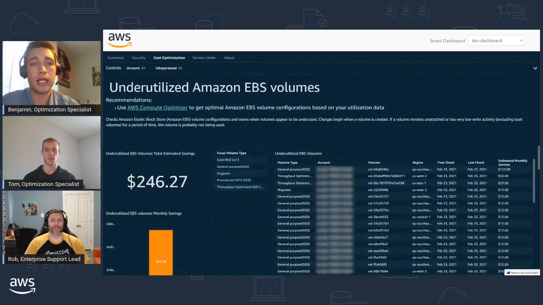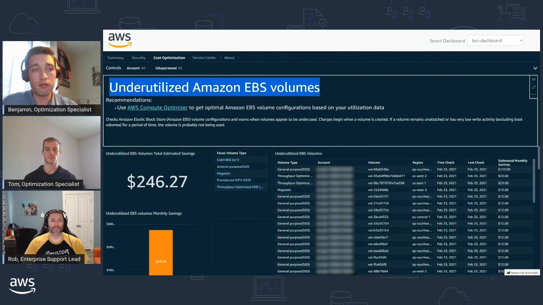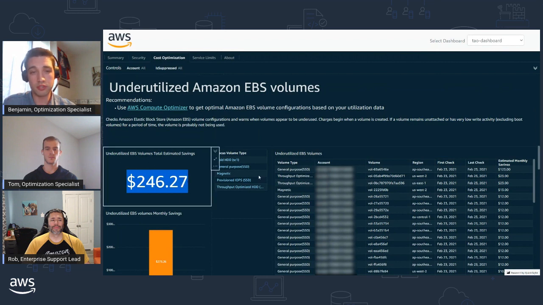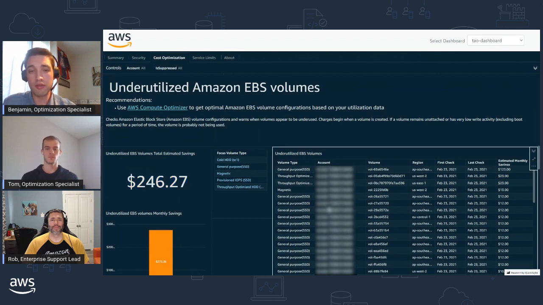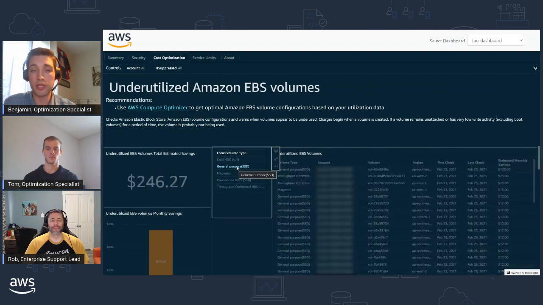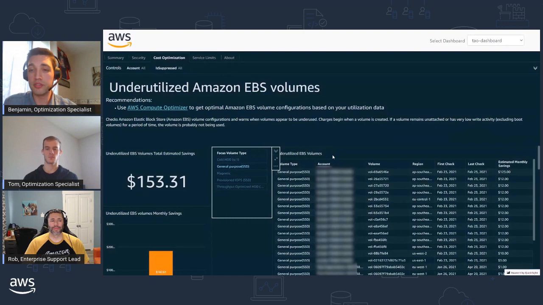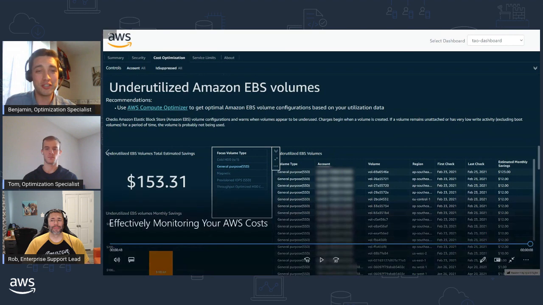Now let's select underutilized Amazon EBS volumes. First of all, it will let you know what underutilized Amazon EBS volumes are. Those are volumes that remain unattached or have very low write activity. If you want to deep dive, on the left side, you have the amount of savings, the opportunity of savings you can have following the recommendation. You have the table with all of your volumes listed that are unattached or underutilized. And then you can select a specific type of volume, for example, SSD. And this will filter the table and give you all SSD volumes. Okay, we are now done with this demonstration. We can go back to